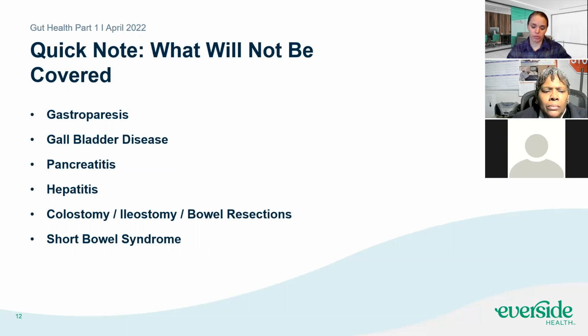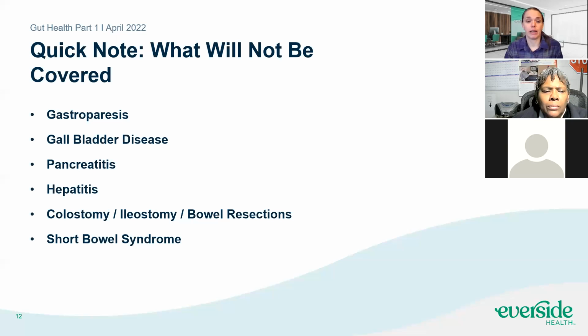Hepatitis is inflammation of the liver, and the liver is producing that bile. So it can cause issues again with some of the high fat foods, but it's also our processing unit, so it can cause issues there. It's usually caused by an infection, and it can also be caused by too much alcohol. Pancreatitis can also be caused by too much alcohol. The liver is processing the alcohol. So it's always a good thing to keep that in moderation and just watch that and know your limits as far as how much you can really tolerate.